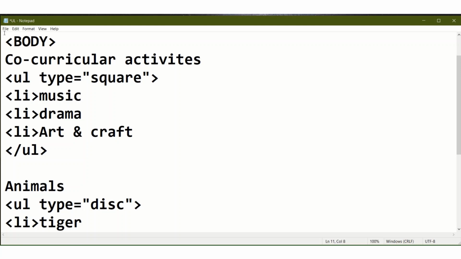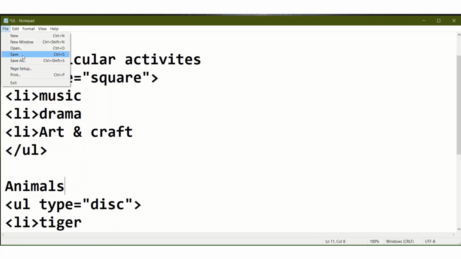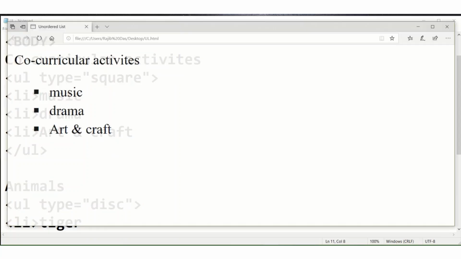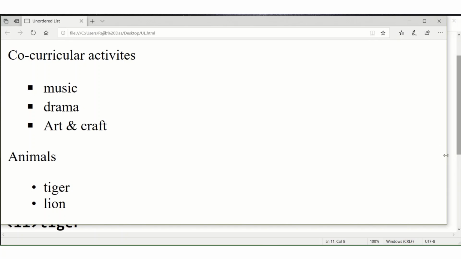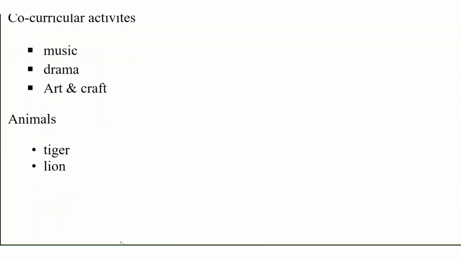And before that, I am writing here the animals. Okay, so let's see the output. Save and go to the Internet Explorer page, refresh. See, animals, and different animal names are there.